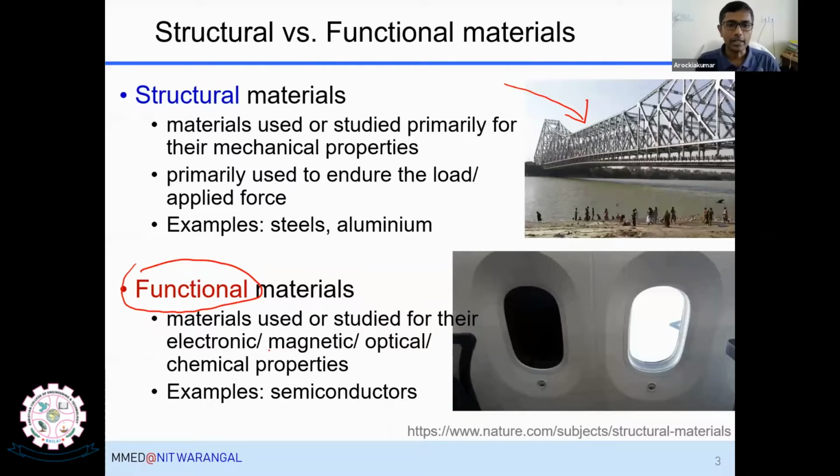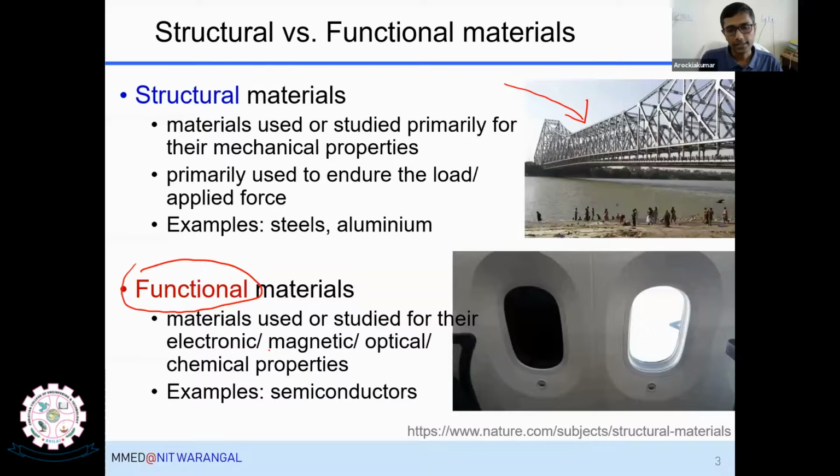Okay, thereby I can achieve two objectives in a single material. So in that way it helps me to reduce the weight of that particular structure. Yeah, reduce the weight. So I don't need to look for a variety of materials to do a single function. So in that way, using functional materials is always an interesting one, and industry is also looking for such materials,